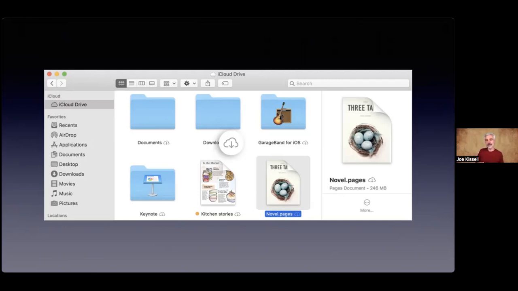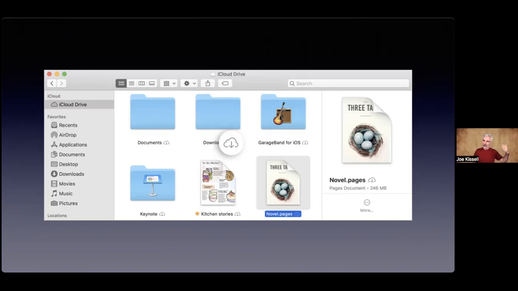Now, optimized storage also has a separate setting that I'm not going to show you that works with photos. So it's the same kind of thing. Do you have 50 gigabytes of photos, but only space on your Mac for 20? No problem. You turn on optimized storage for photos specifically. And then when you run out of space, it leaves the copies in the cloud safely there, deletes the originals from Photos. You want them back, you double click them, and it downloads.